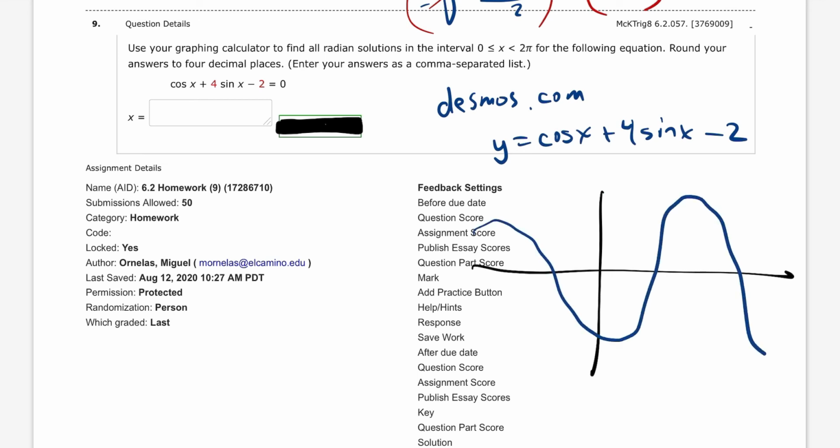Who knows what it looks like? But there will be solutions. If you click on those x-intercepts, those will be your solutions. So you only need to look between 0 and 2 pi. And so